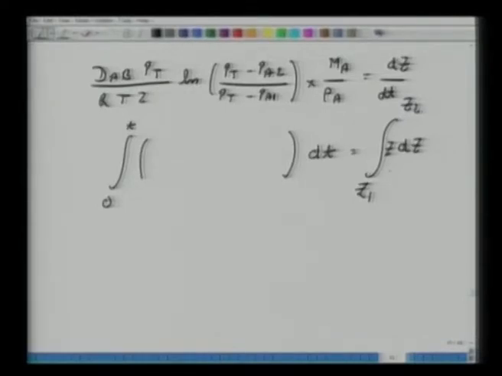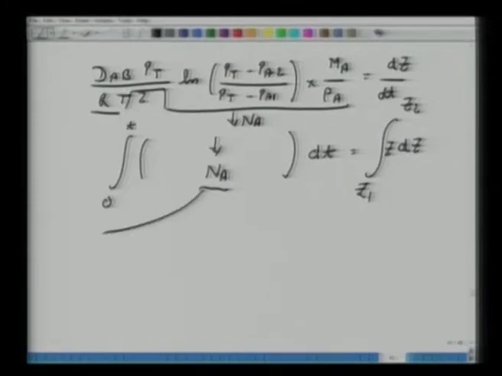Now, again let us go back and see where we are making this restriction or assumption of quasi steady state. The entire rest of the terms is nothing but your diffusion flux Na, which we are writing here. And when we integrate and we say that if Na is a constant or does not change with time, then we can take it outside this integral, and that is the place we are making use of the quasi steady state approximation. It is very important that we understand, instead of blindly memorizing some integrated expressions and applying them here.